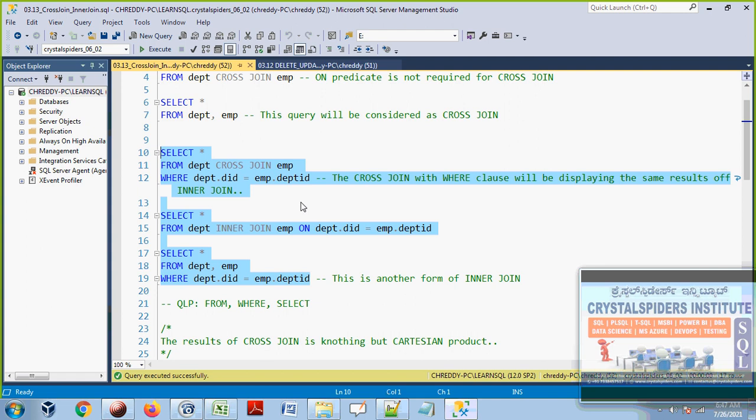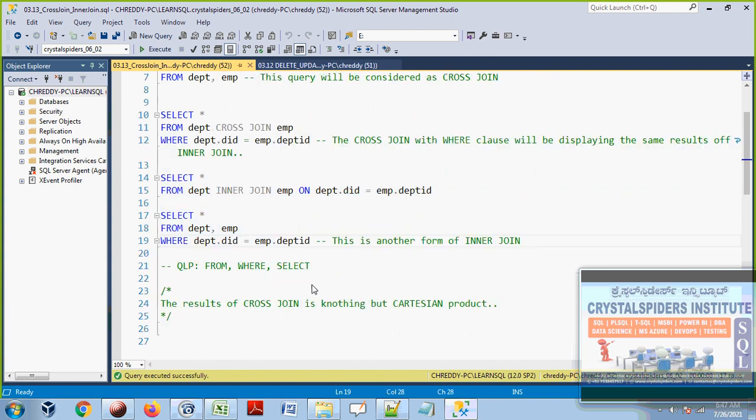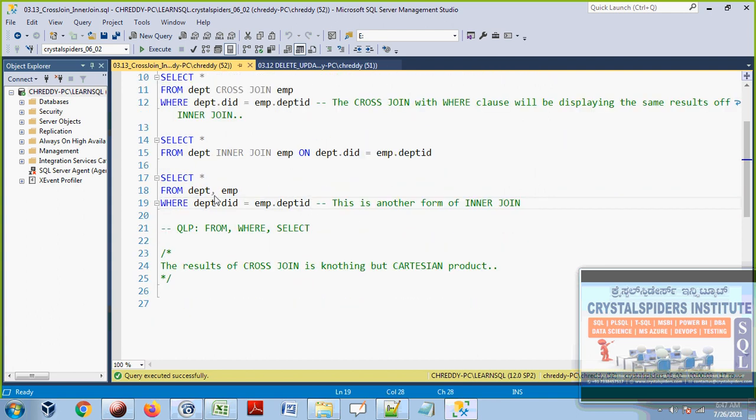Finally, these three queries are going to take only the matching records based on the DID column and the DEPT ID column. You will see this guys in some of the projects. You will see that SQL queries will have tables separated with commas, and in the where clause they will use these key columns. This is also another form of writing inner join. We can see this type of SQL queries also when we are reviewing your project. If the project is very old and people wrote that SQL code a long time back, then we will see inner join like this also.